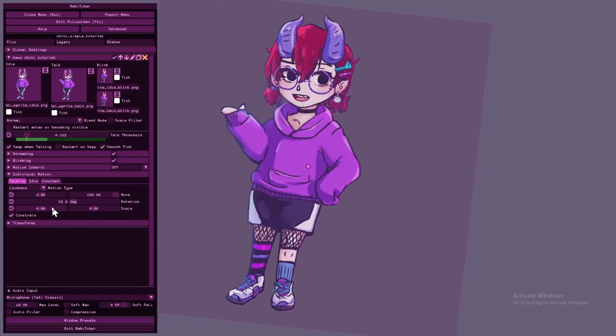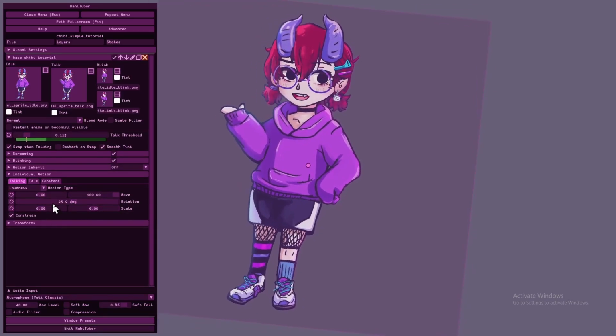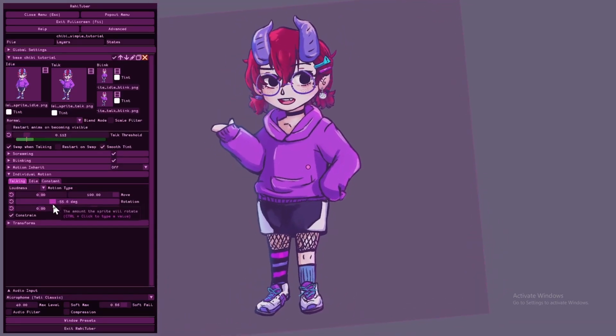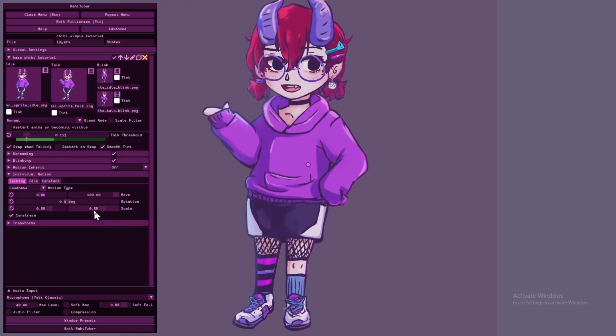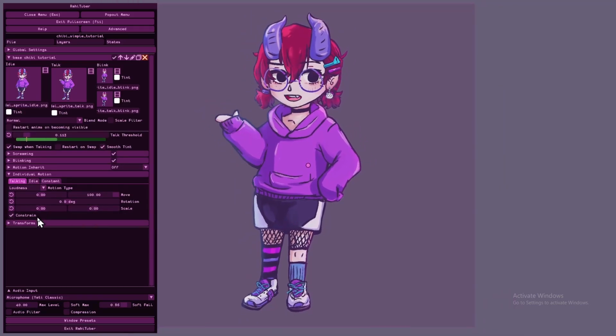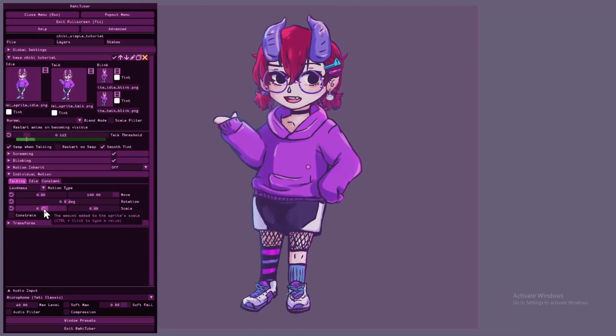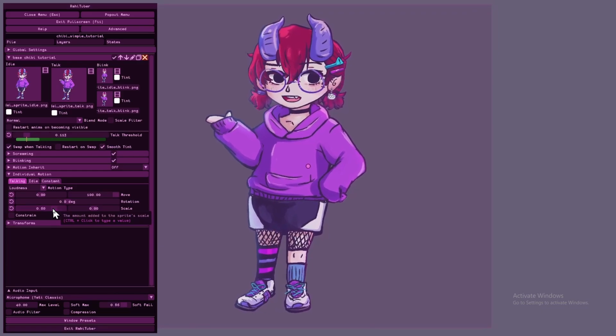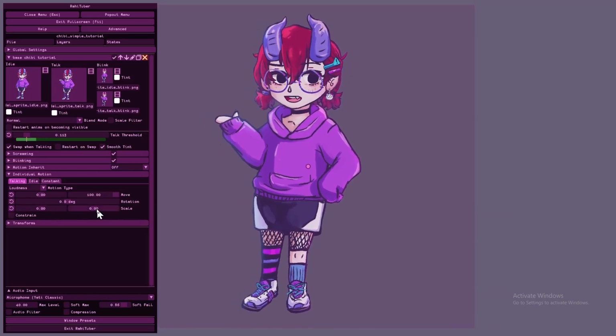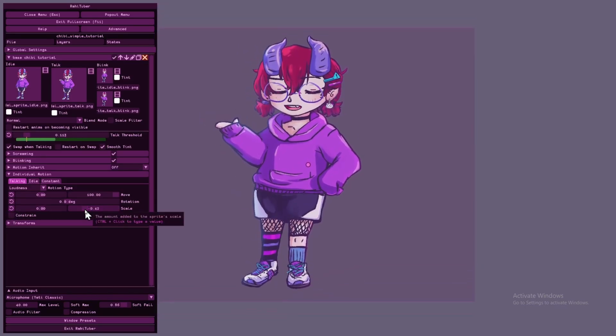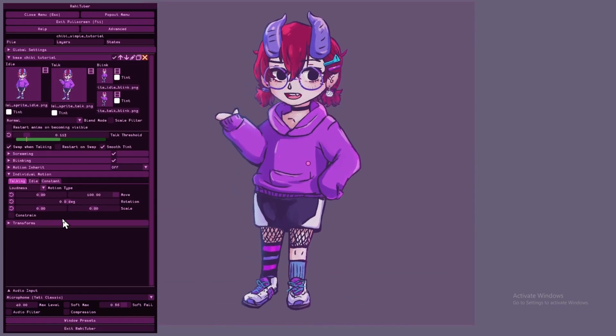The motion could also be in the form of a rotation in either direction, or a scale effect, which by default is uniform because we have this constrain toggle set. As soon as we turn that off, we can start adjusting the horizontal and vertical values individually. And then we get this interesting stretch and squash thing happening because the scale is no longer uniform.